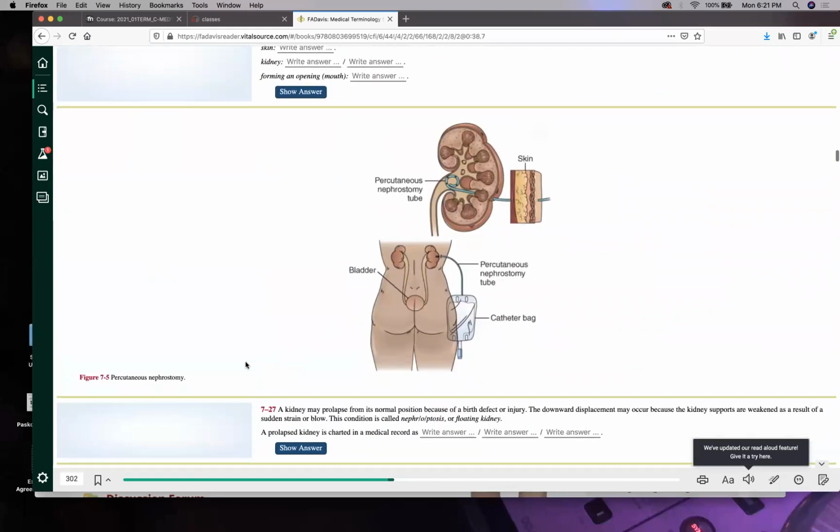Percutaneous nephrostomy. Now, let's look at this word. Percutaneous. Per means through, and cutaneous means skin. So right through the skin, I'm going to stick a tube, right? And I'm going to create a mouth or a hole called a stoma. So that's percutaneous nephrostomy. So if I want to get the urine out, right? I don't want the urine to pass down here because maybe I did some surgery here. I use a percutaneous nephrostomy tube, and then I empty out the urine that way.